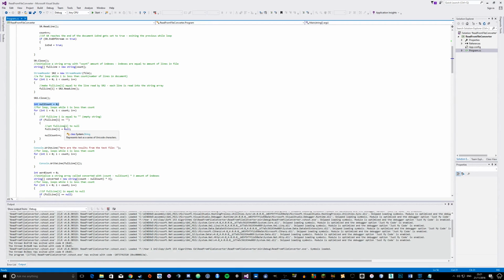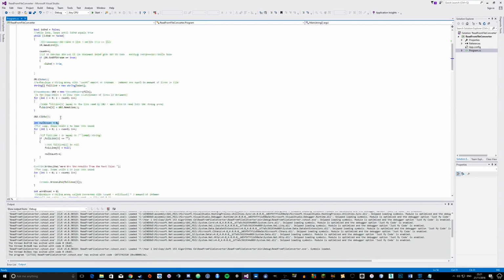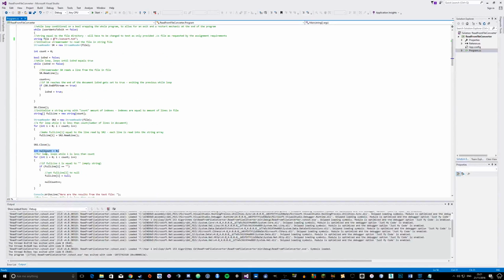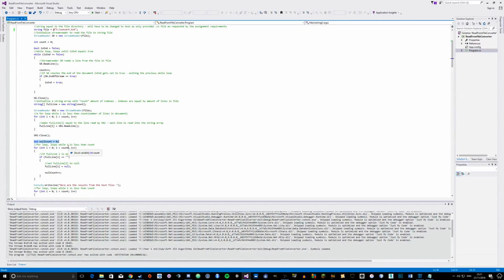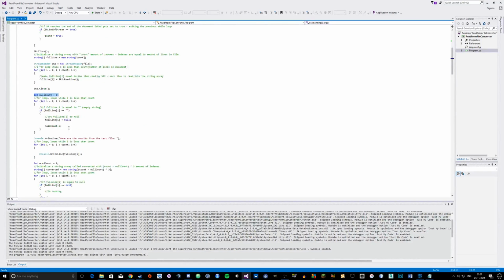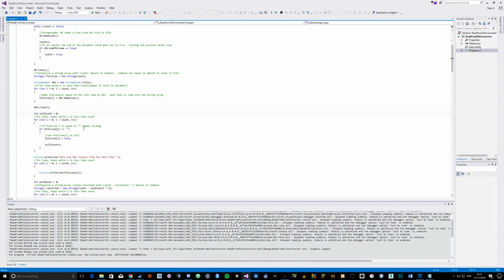Then I initialize null count. Obviously I realize all of the variables I'm initializing here could easily have been popped at the top to make it a bit more tidy. Unfortunately, I didn't get enough time. I think I only just managed to scrape in a couple of the algorithms that I wanted to get in there. But again, it comes down to planning and preparation really. If I would have planned for a bit more